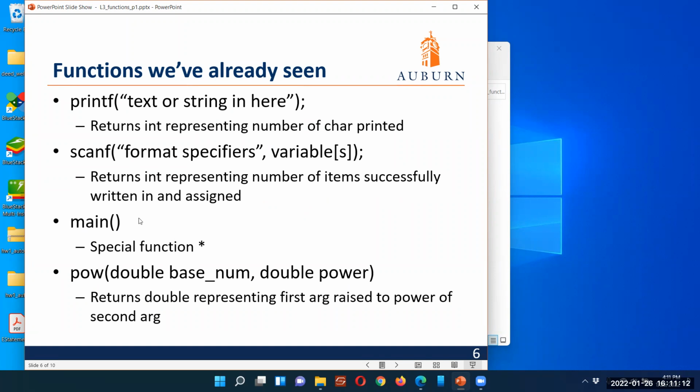Main is a special function. Main is a function, but it is also a function you should never call. So this is the one function you should never call. How do you call a function? When I say call a function, I just mean execute it, tell it to run. So when we type, for example,